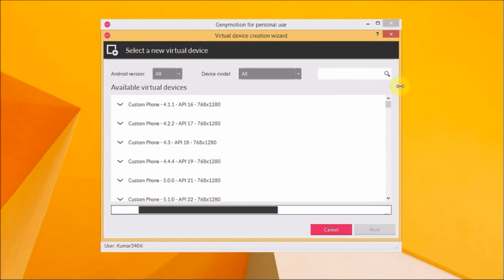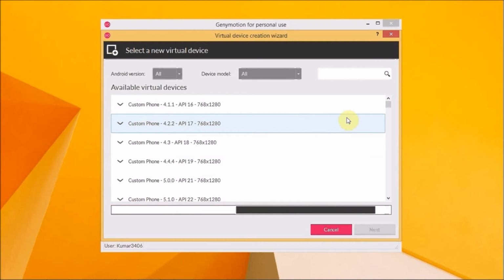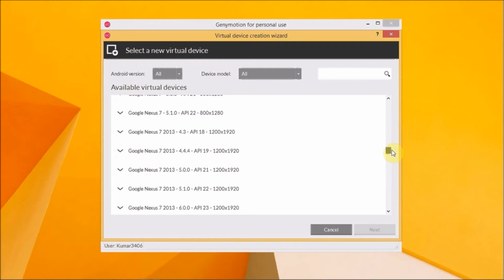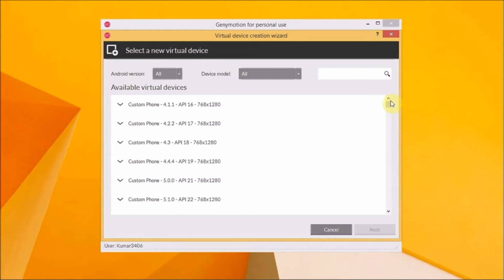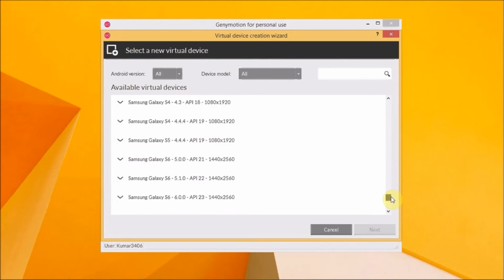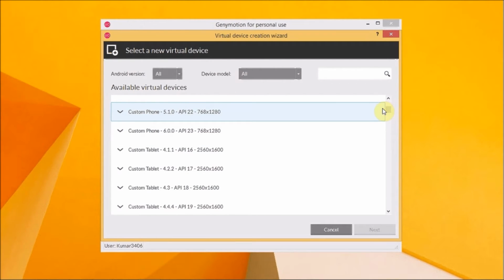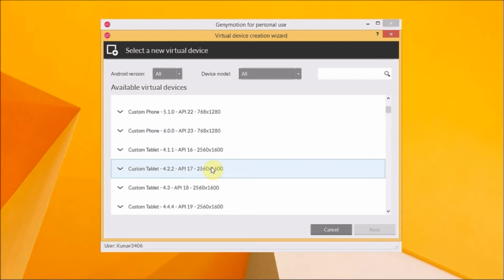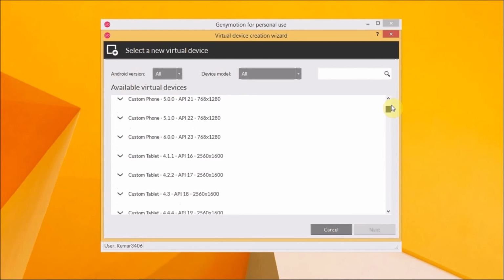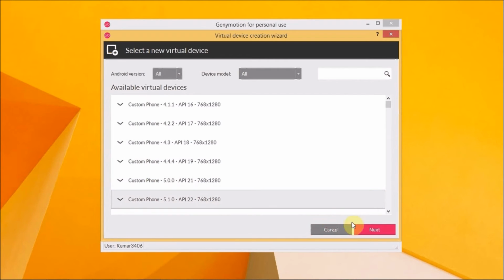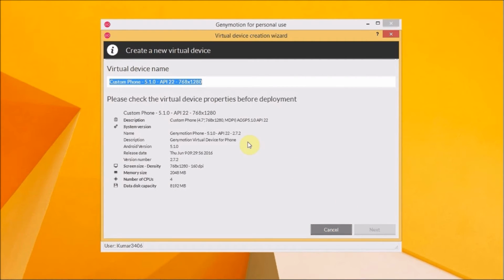The two devices have been connected to each other. These are the custom phones which are available. You could select any type of phone which suits you, or a tablet or anything. Samsung Galaxy S4 or S5, Sony Xperia. There are many emulators available here. So I am selecting an Android phone, or if you want, you can select any mobile as you want. I'm selecting a custom phone. Just click next here, and this is a custom phone Genymotion emulator.